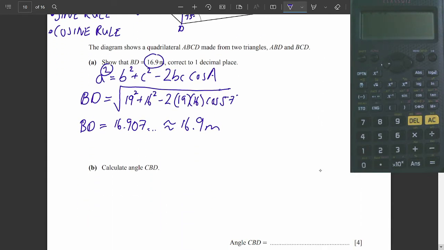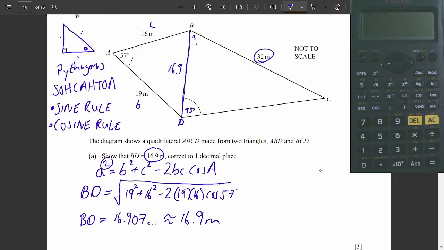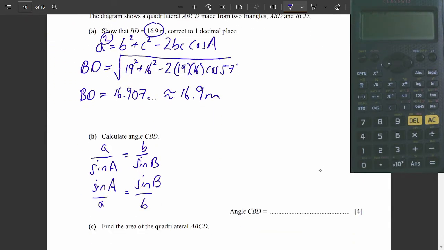The sine rule has, of course, two versions. There's the version where we put the side at the top and the angles at the bottom, or we can do it the other way around, putting the angles at the top and the sides at the bottom. What do we want to know? We want to know this angle here. The best advice I can give you: always put at the top the thing you want to know. So we're going to use the second version, because the unknown is placed at the top, which is the best place. So sin CBD is the angle we want to know,